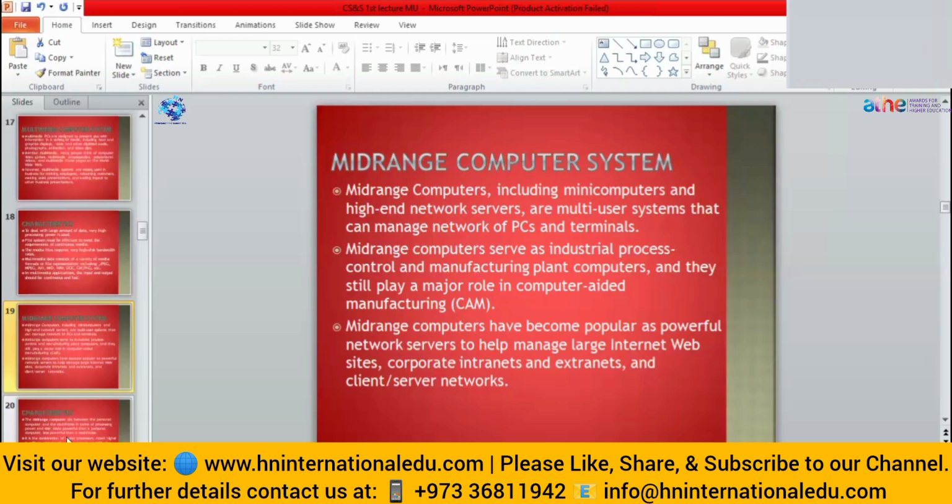They have become very popular as network servers, because they are the latest computers as compared to the mainframe computer and the minicomputer, and they are powerful. So for that purpose, now we are utilizing these computers instead of the mainframe and the minicomputer. They are working as servers to help manage large internet websites, corporate intranets and extranets, and the client server network. So where we have to handle multiple clients, we can also use the mid-range computer